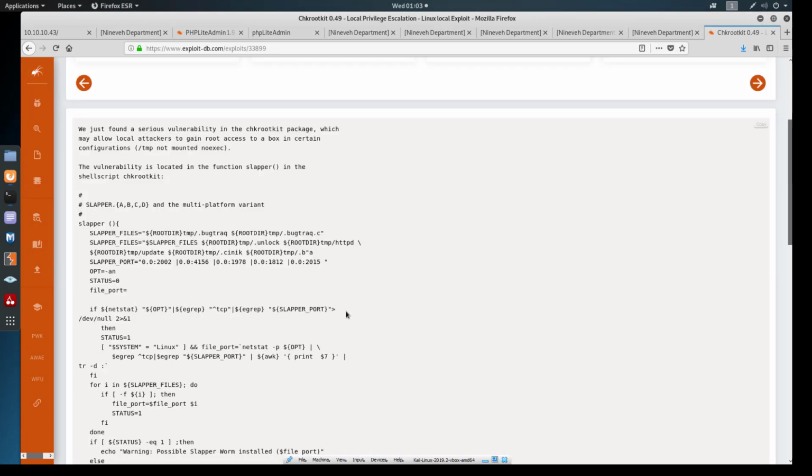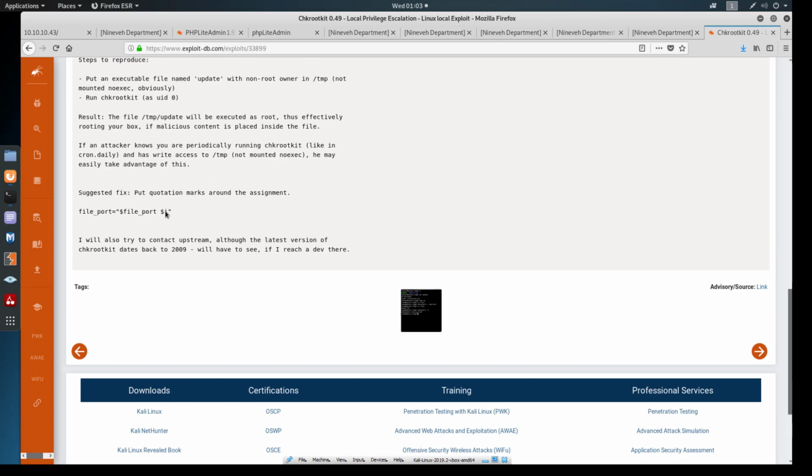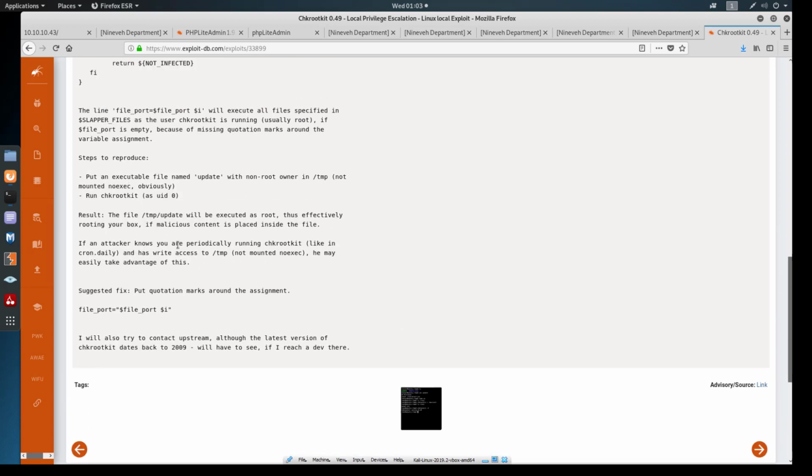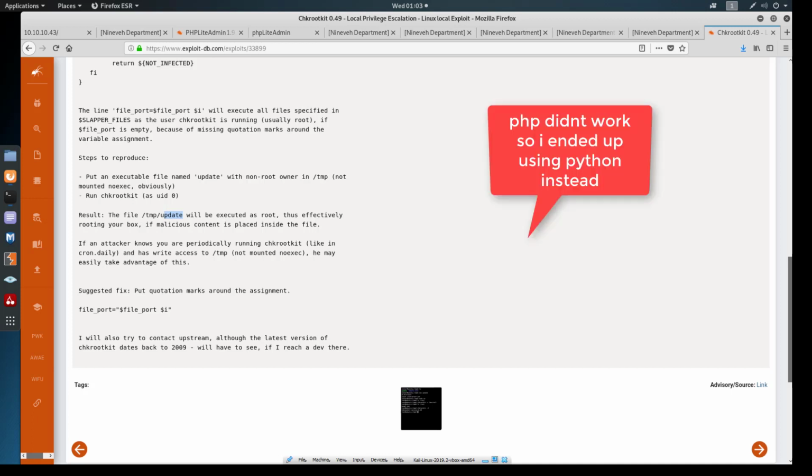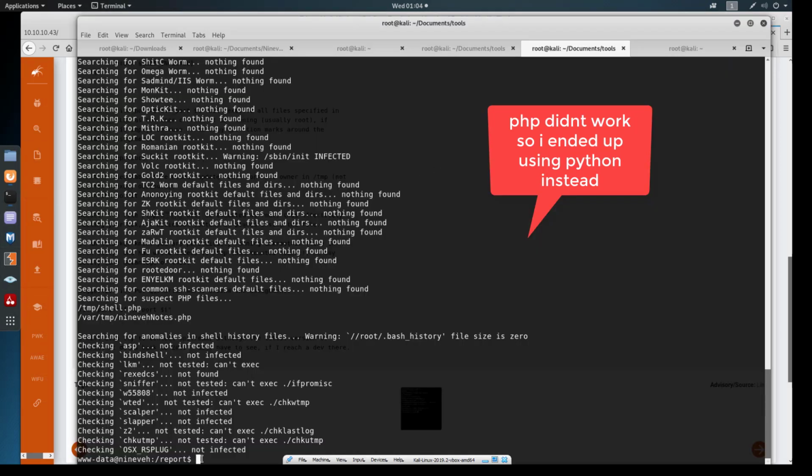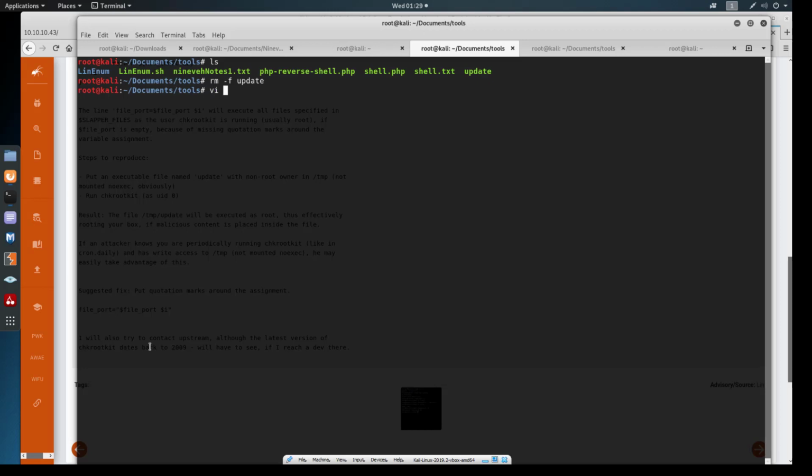From there, I found that we can exploit it, and this is the second exploit that we're running here. This is what they say: we can put an executable in the temp folder under the name update, and it should just execute and give us shell. So I'm going to put our reverse PHP in the temp folder and see what happens. Okay, so to do that, now I can do a vi update,